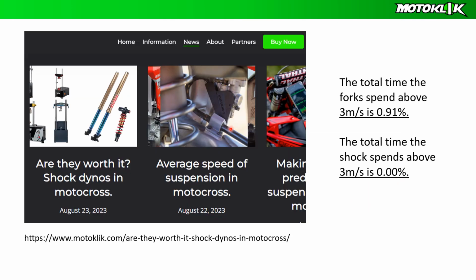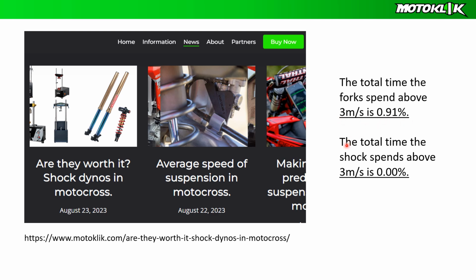But how often is the suspension actually moving at such a high speed? Well, on our website, motoklik.com, if you click on news, there's an article called "Are They Worth It? Shock Dynos in Motocross." In that, we looked at how much time the suspension is moving at different speeds. The total time that the fork spent above 3 meters per second is 0.91% of